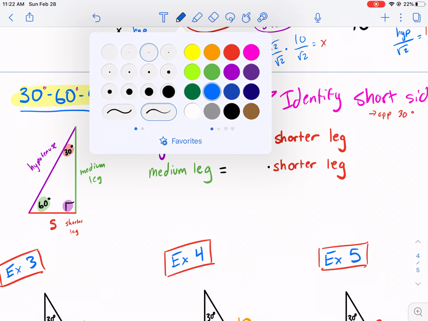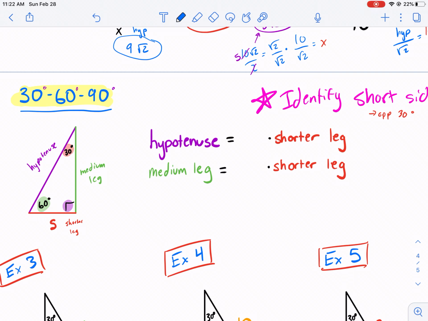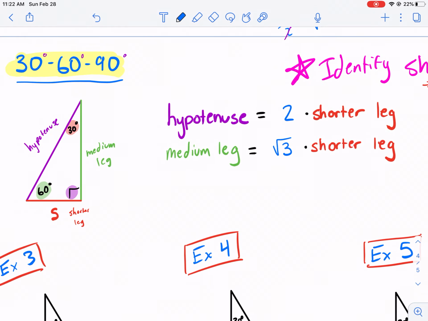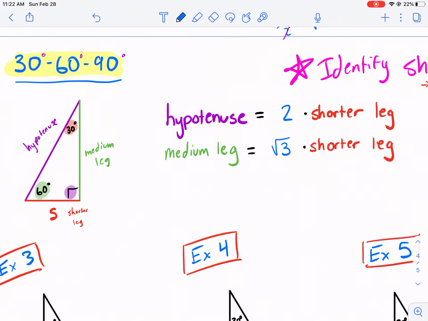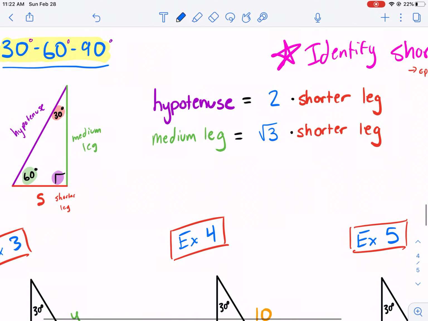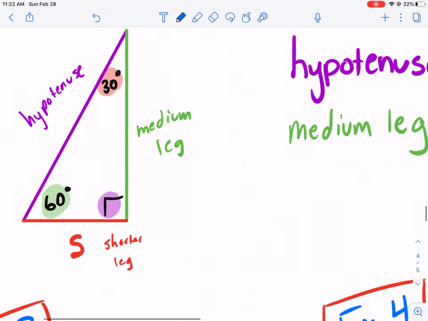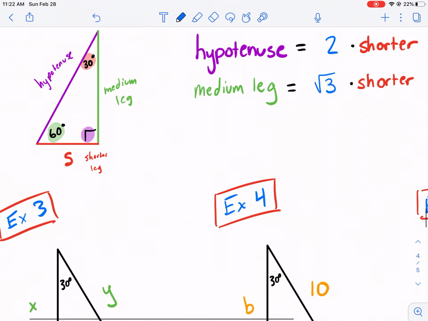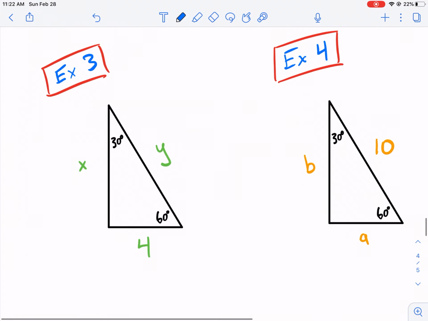Okay, so the relationship here, in this case, is the hypotenuse is double the shorter leg in a 30, 60, 90 triangle, and the medium leg is the shorter leg times the radical of 3. Okay, let me run that by you again. In order to get the hypotenuse, we would multiply the shorter leg by 2. We would double it. For the medium leg, we'd have to take the shorter leg and multiply it by radical 3. Now, this is best when done with an example,